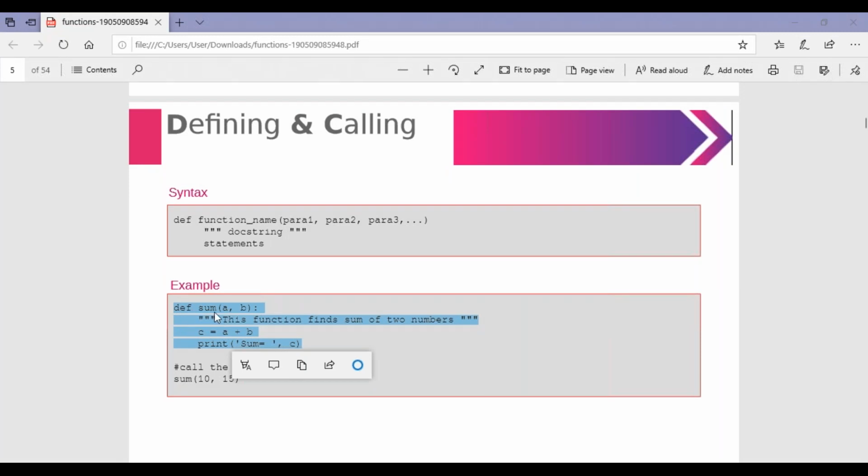This is the name of the function. Then a comma b are the passing parameters. c is equal to a plus b is the logic of the program. Then print sum is equal to, comma, c value. You can send it as a printing message, sum is equal to something. Right.